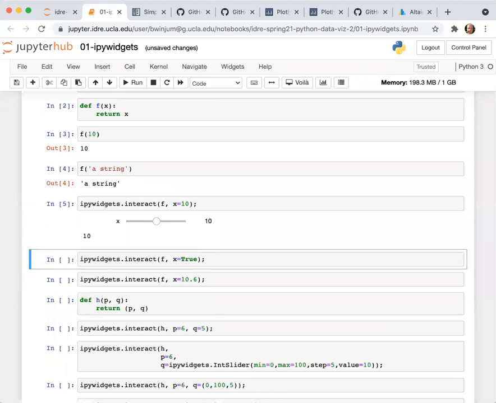And what happens when I execute this? By default, the interact function creates this slider. So you can actually come here in your notebook, if you're executing this yourself, and right now I'm selecting this dot with my trackpad on my laptop, and I'm dragging it to the left and to the right. You can see the slider is labeled with the variable name. It shows you what the value is for the slider. So the slider itself has a value. And then it's also printing out 10 because that's what happens when you call the function f.